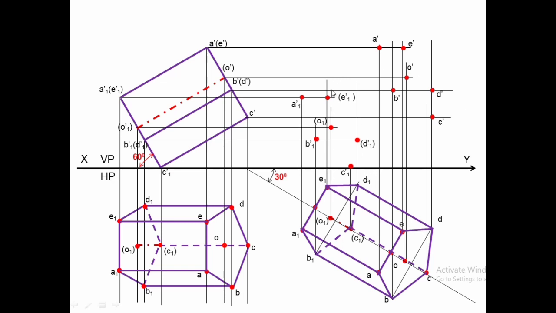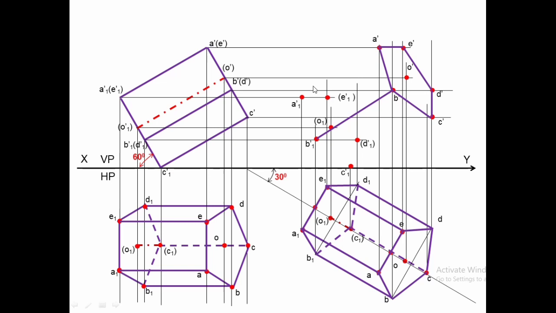Now we have to mark the visible lines. As I said, we will always observe standing in front here. The longest edge away from XY line is BB1. You are going to mark BB1. And if you are interested, you can go with the other longest edge, which will be AA1. Okay, let us see that later. The face which is away from XY line is A, B, C, D, E, A. So mark that A, B, C, D, E, A, which is nearer to the observer, by thick lines. You are joining them in sequence.